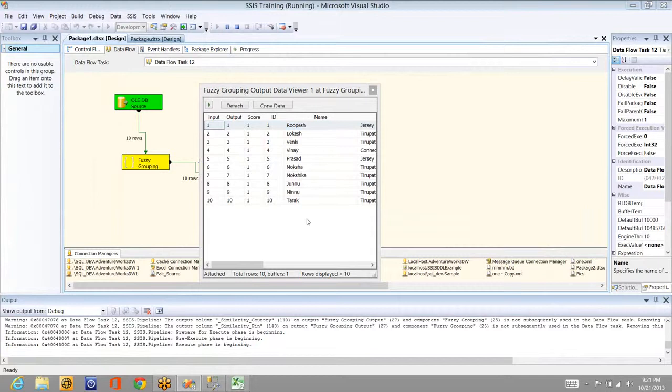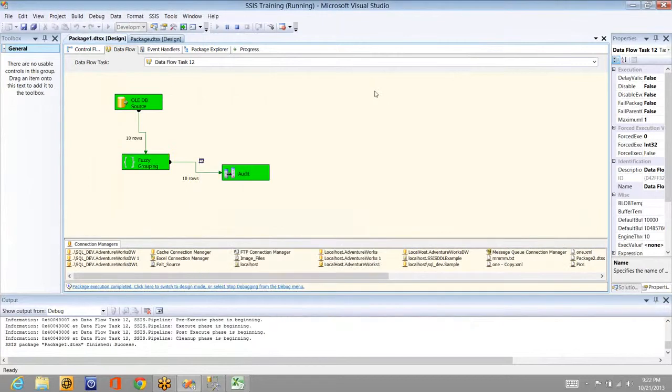Or if you want to group all the items of the same or very similar spelling, you can use this fuzzy grouping. Based on the score, they will divide the records, and if there are any similar records, they will move them to Excel and send it to the customer to re-verify whether it is correct data or not. If they verify it as correct, we will insert it, or else they'll correct it and send it back.